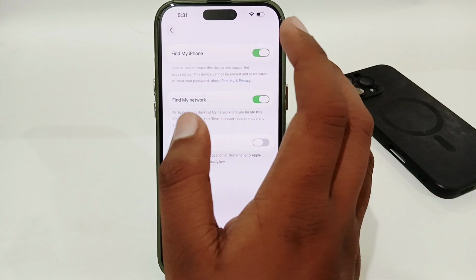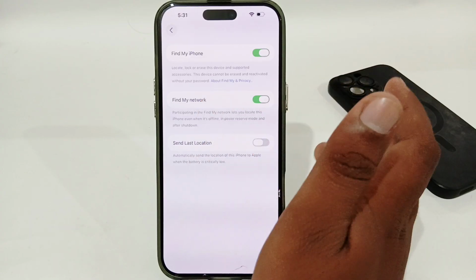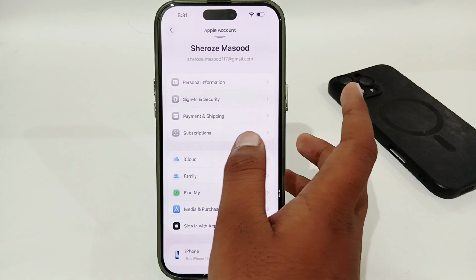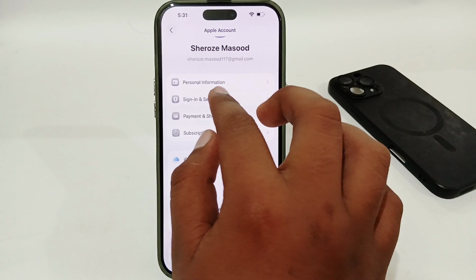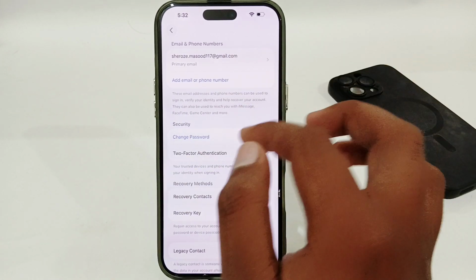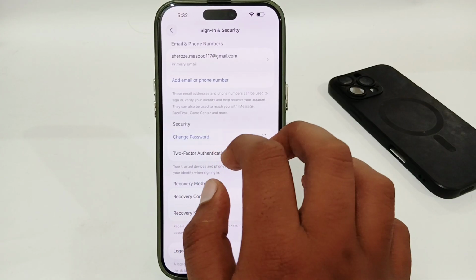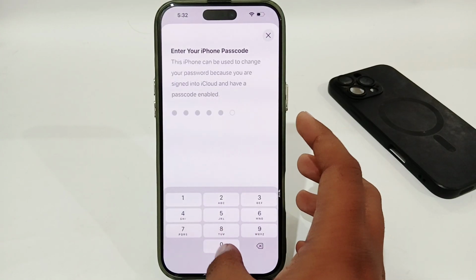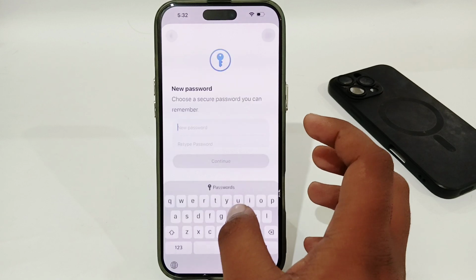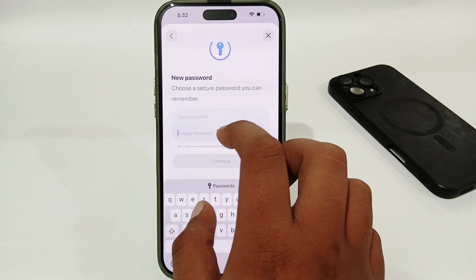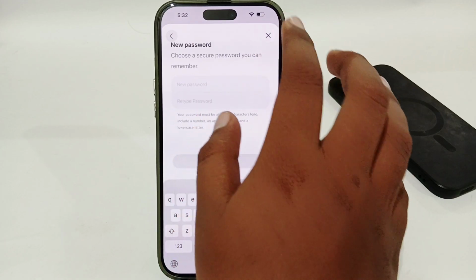Or if you are having an issue, the first issue is that you cannot remember your Apple ID password, so you can change your Apple ID password. So go to Sign-In and Security, and here you have to select the option of Change Password, and then you have to enter your iPhone passcode, and here you have to enter your new password and then retype your new password,